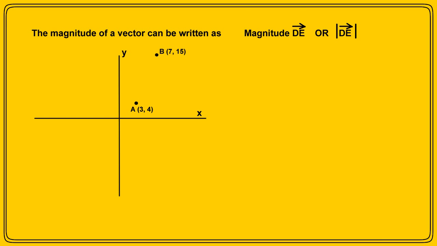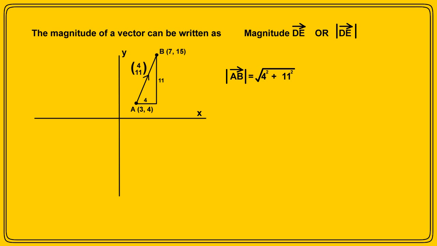Take this simple situation. The point A has coordinates 3, 4 and the point B has coordinates 7, 15. So the question is, what is the magnitude of the vector AB? The vector AB isn't difficult to find. It's simply 4 units to the right and 11 units upwards, i.e. 4 over 11. Drawing in a right angle triangle and calculating the hypotenuse, we find the magnitude of vector AB